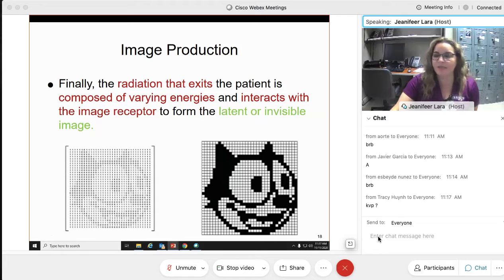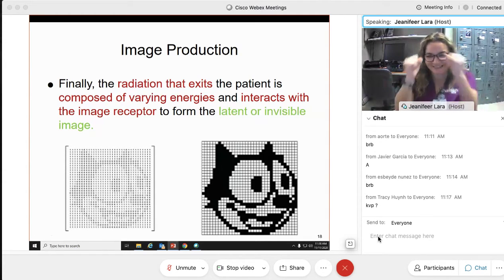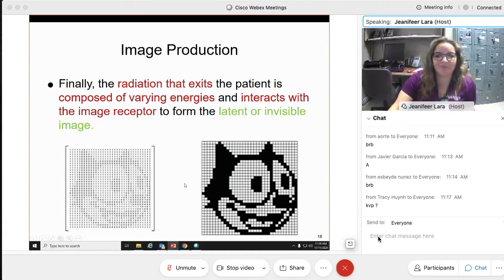It's not bright at all. When we get to what a matrix is, it's going to identify and plot those brightness levels for us. So much more to come. I'm so excited. So, latent image is the invisible image that the remnant or exit radiation will